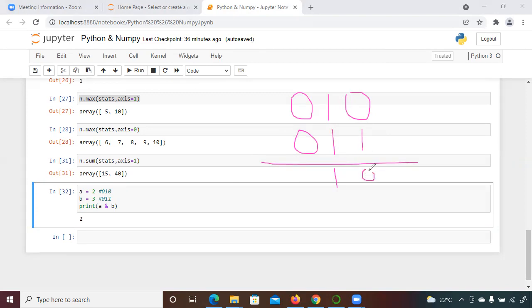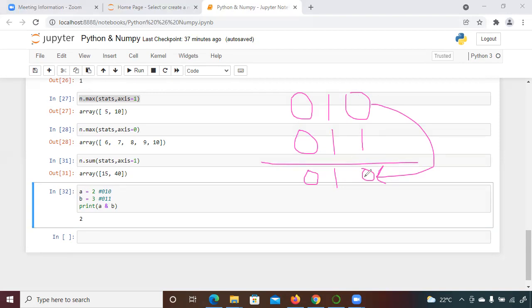It is like an AND operation. So here you see that you again got the same, so that's why the output is coming as 2 here. Bitwise AND means when both digits are 1, then the output is 1. When both are 0, it will be 0. Or if one is 0 and the other is 1, if it is different, then you will get 0. So it is similar to an AND operator.